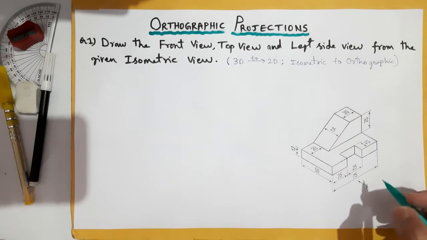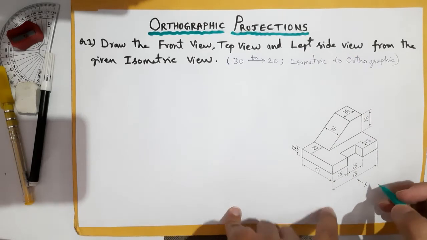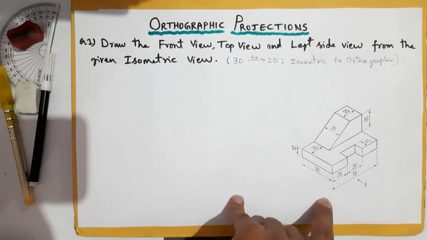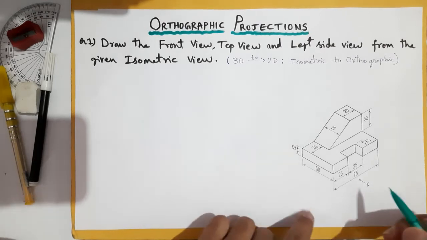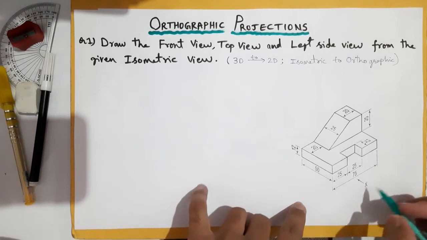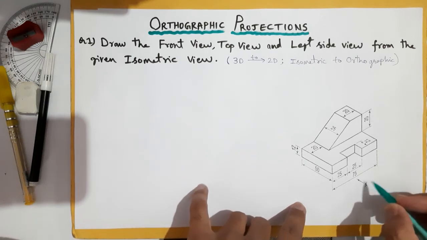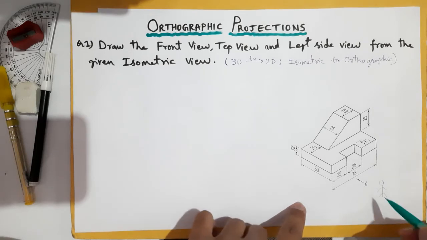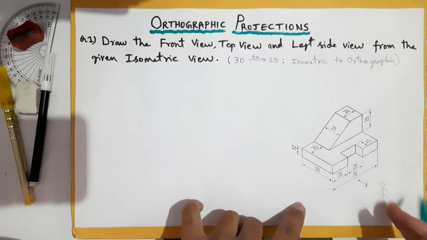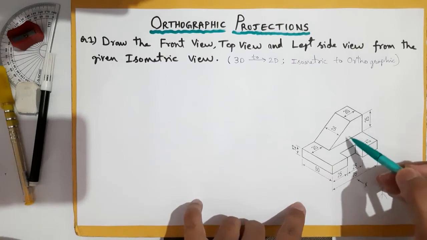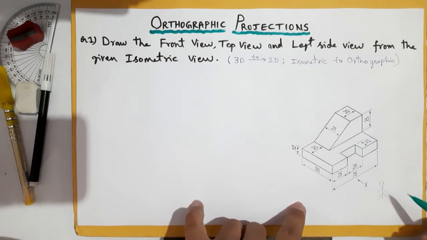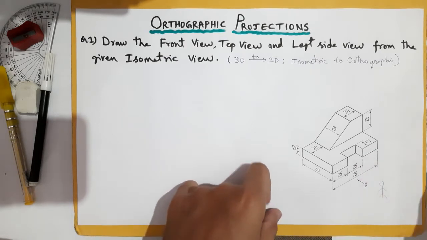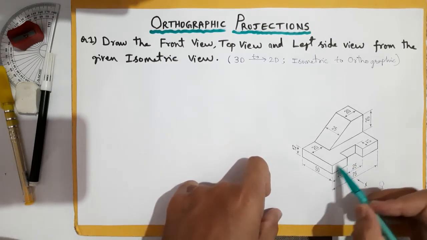In the diagram you should see wherever this X is marked, there your front view will be. It means wherever X followed by an arrow is there, a person is standing here and observing this diagram in this direction. So from this side, whatever surfaces or blocks are visible to this person will be treated as the front view. For example, if you see from this side, this surface will be visible.